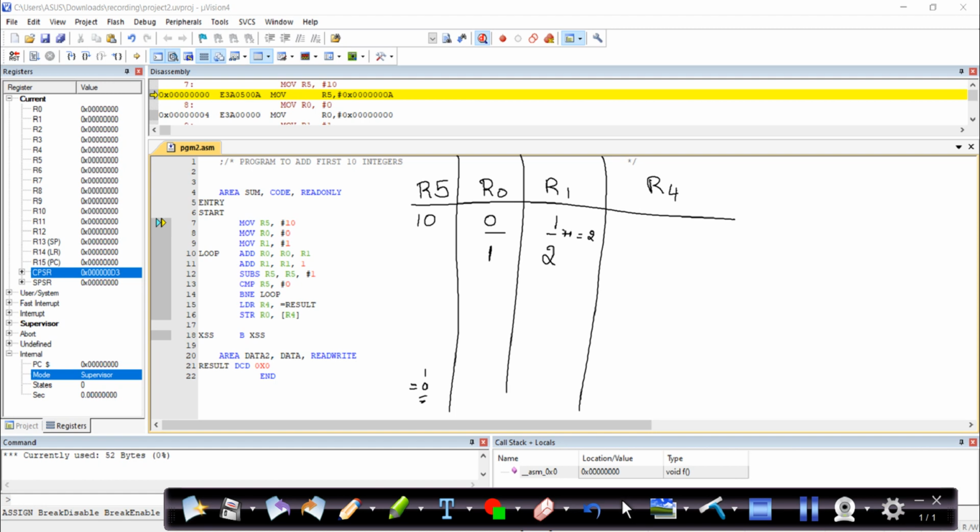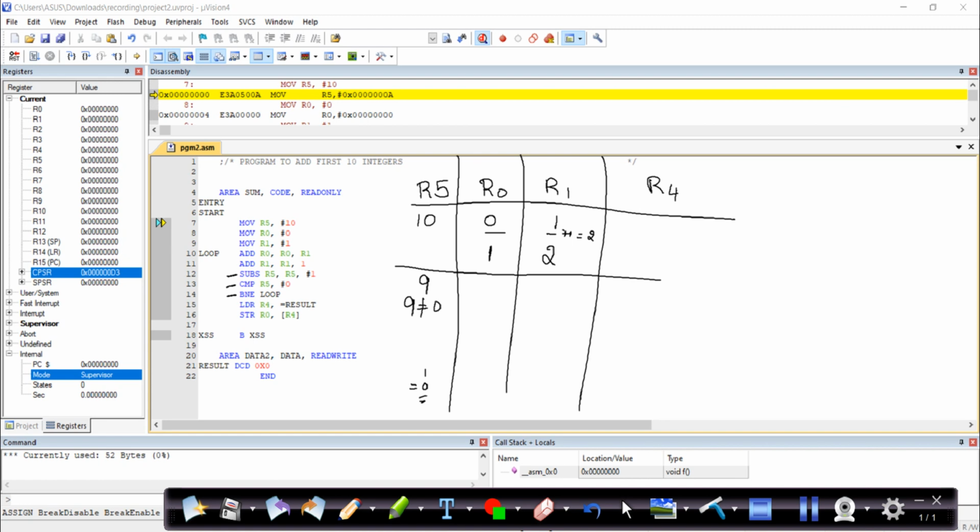Next, SUBS R5, R5, #1. I'm just subtracting from my counter value, so 10 minus 1 will be 9. Compare your R5 value with 0, whether 9 is equal to 0. 9 is not equal to 0.